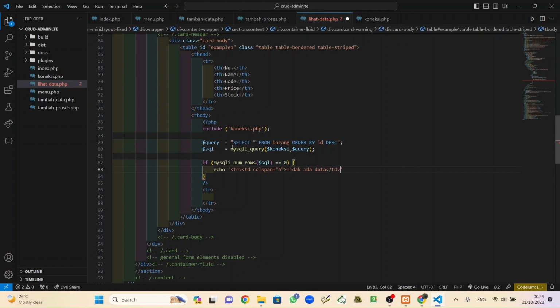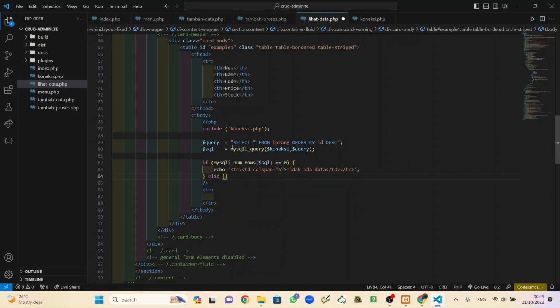The semicolon, but else, if there are data, else.